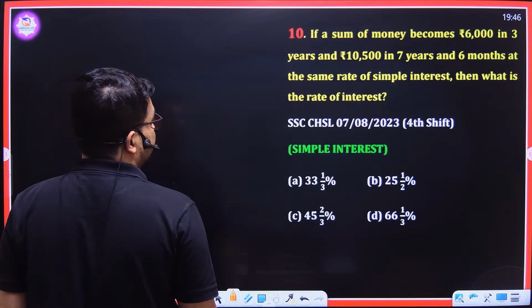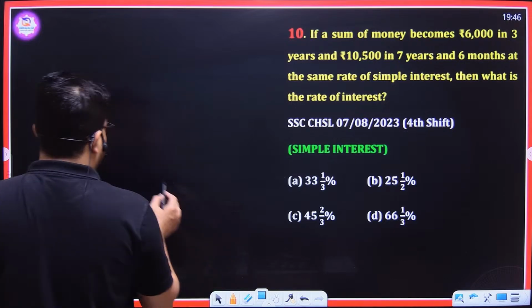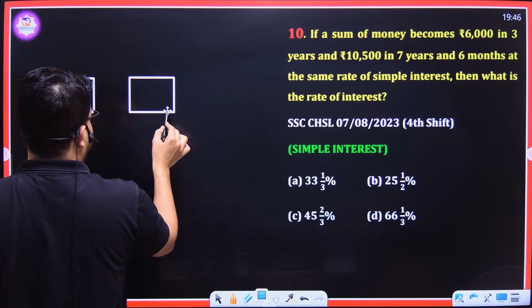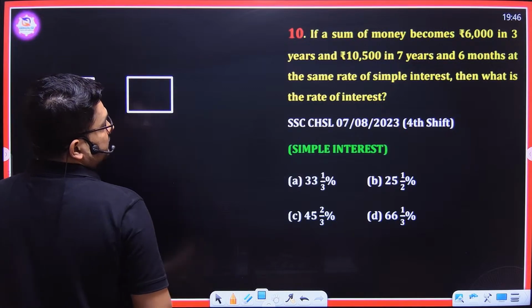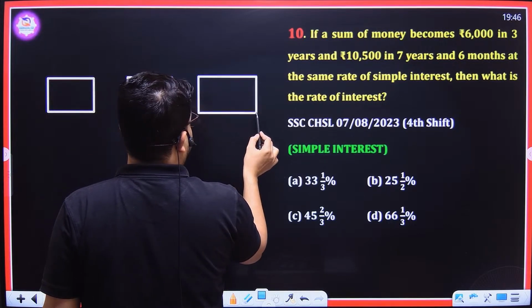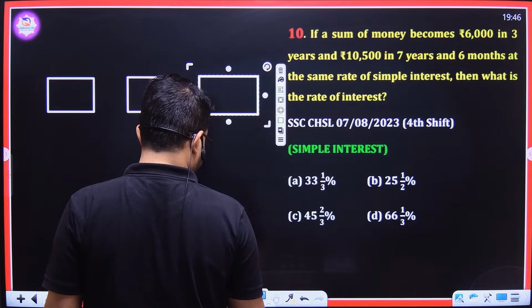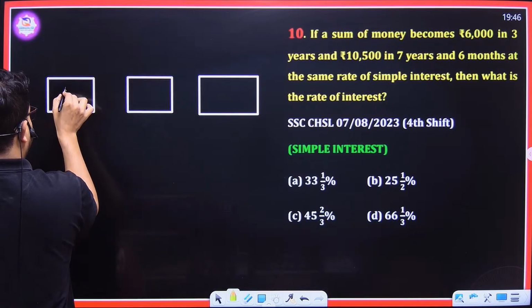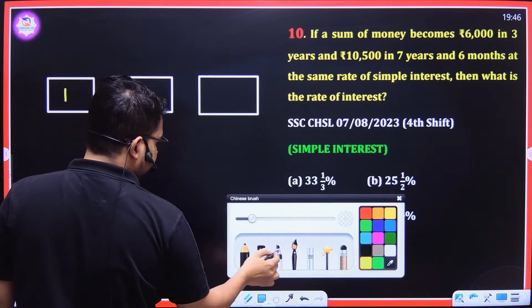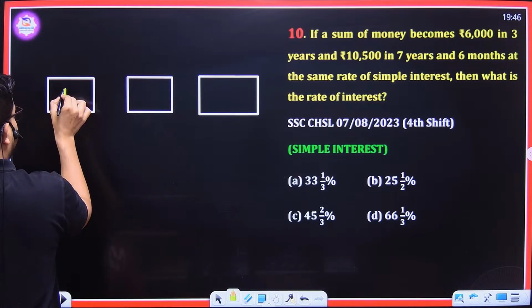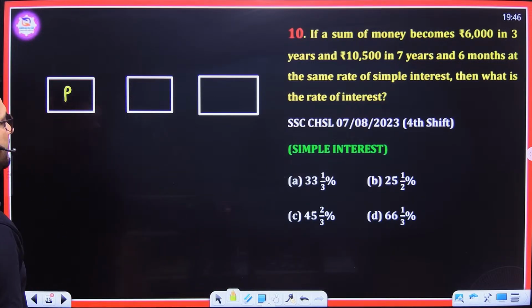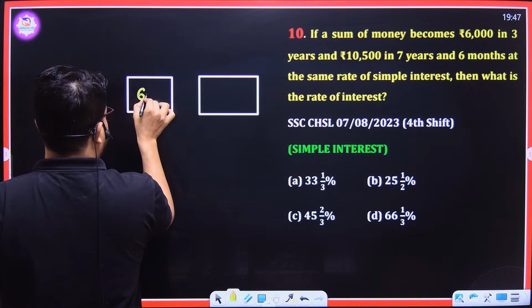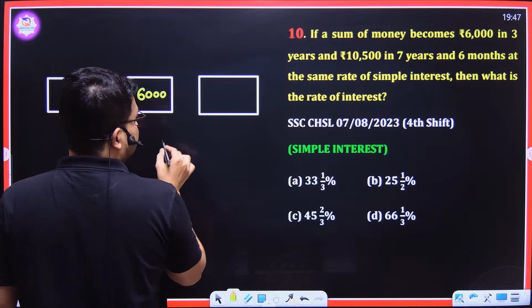If a sum of money becomes 6,000 in 3 years and 10,500 in 7.5 years, see, we have money. Suppose we have a principal P. It becomes 6,000 in 3 years and